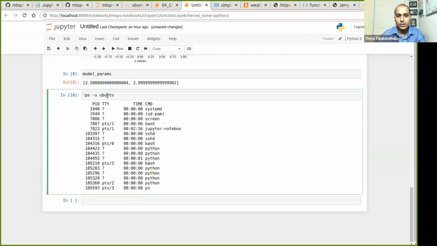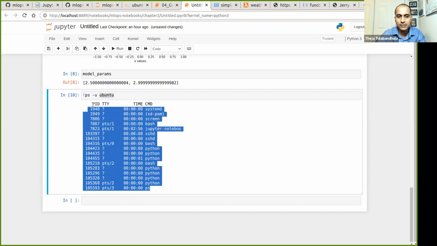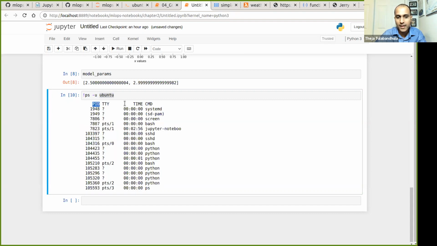Okay, so this Ubuntu user on this Linux machine, this Ubuntu machine, we are the Ubuntu user actually. This is my machine running on AWS, right? Similarly, all of you may have similar machines. You can see there are so many processes running. The first column is the process ID, and some time information, and then the command or some sort of program. Every program or command generally has a process ID.